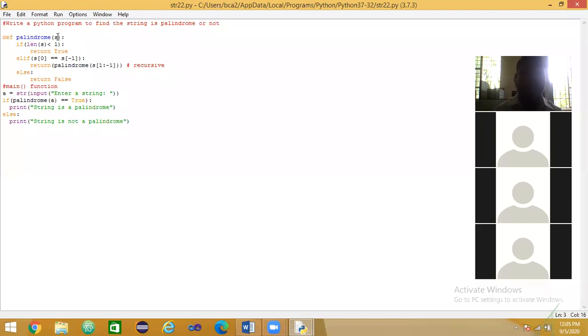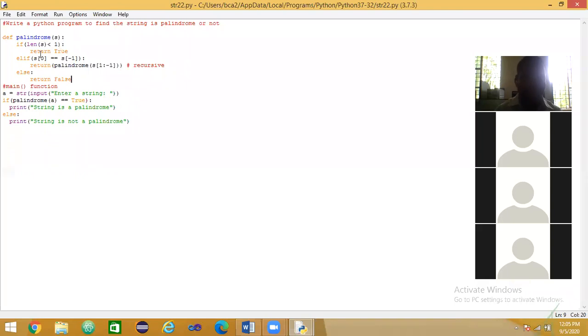S value is madam. And what is the length of madam? Anybody respond to me? 5. Okay.